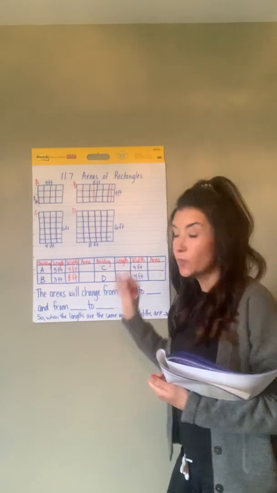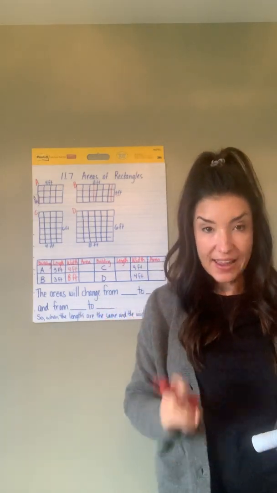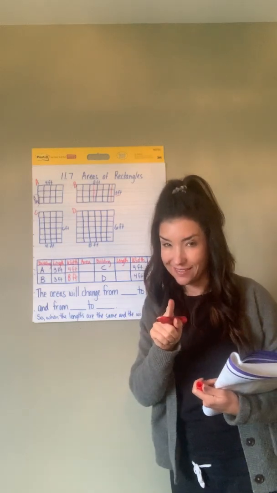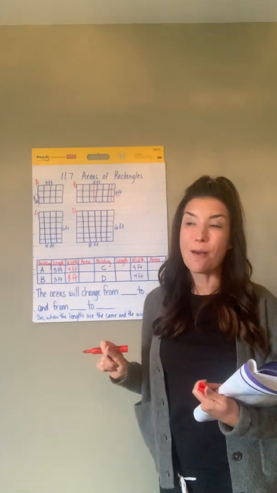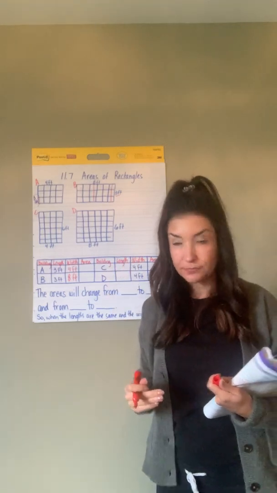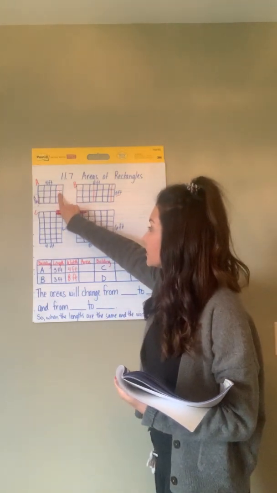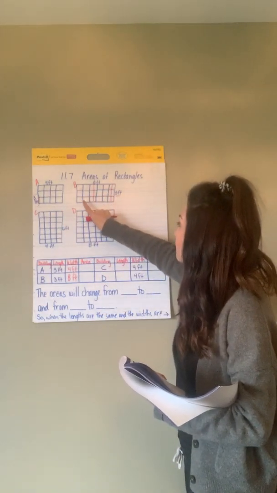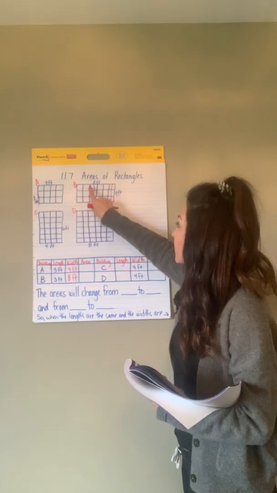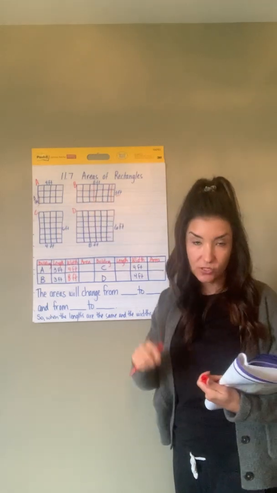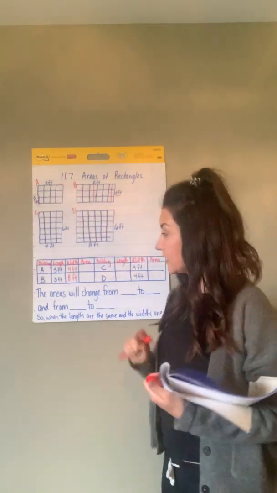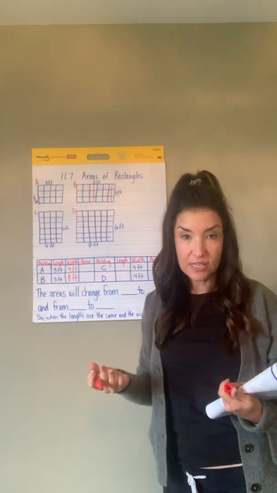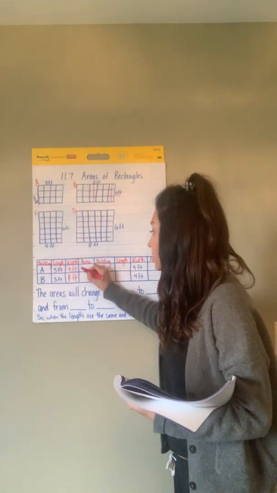Okay, so remember, there's different ways that we learned yesterday how to find the area. You can just count them, which I bet Deanne will count them if I'm right. You can do repeated addition. So 4 plus 4 plus 4, or 8 plus 8 plus 8. So 8 3 times, 4 3 times. Or you could do multiplication, which is 4 times 3. What is 4 times 3? 4 times 3 is 12